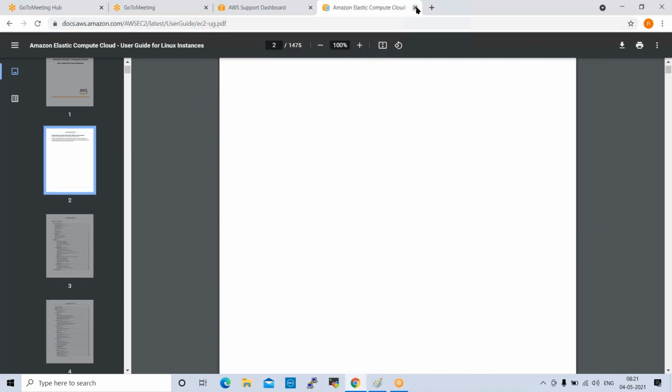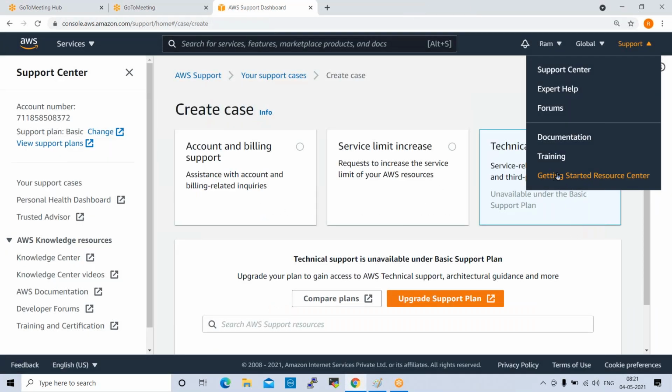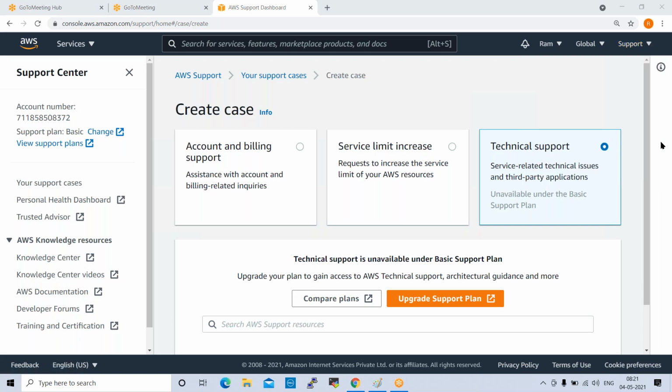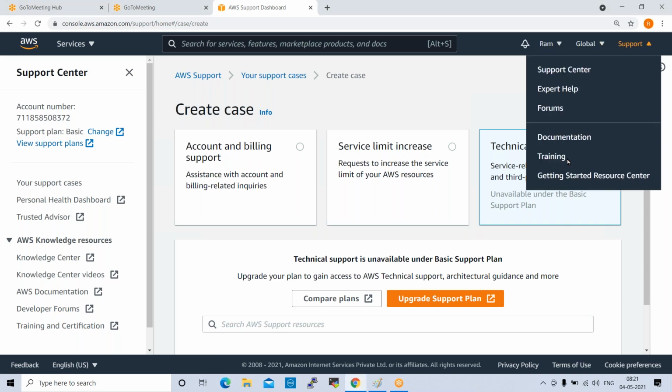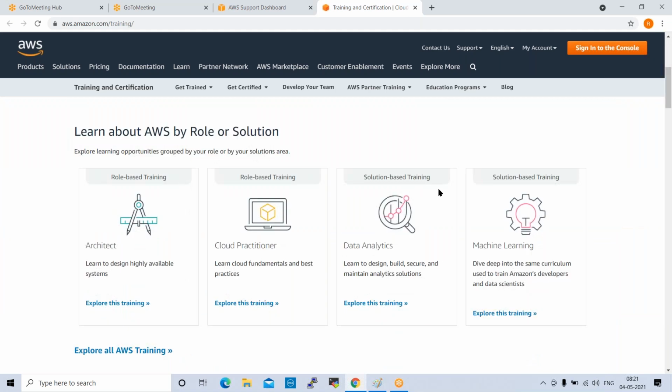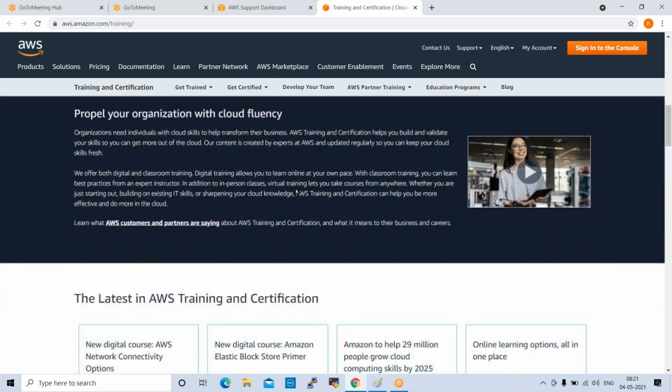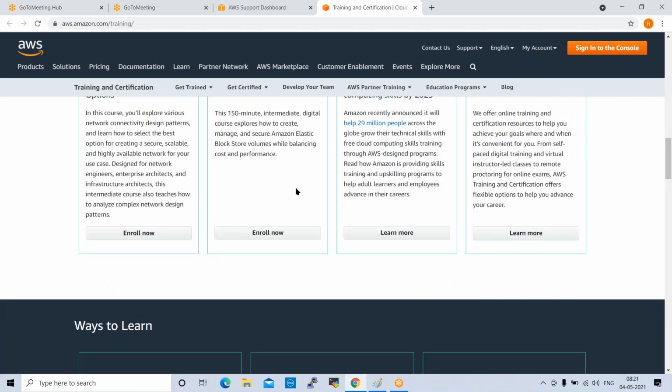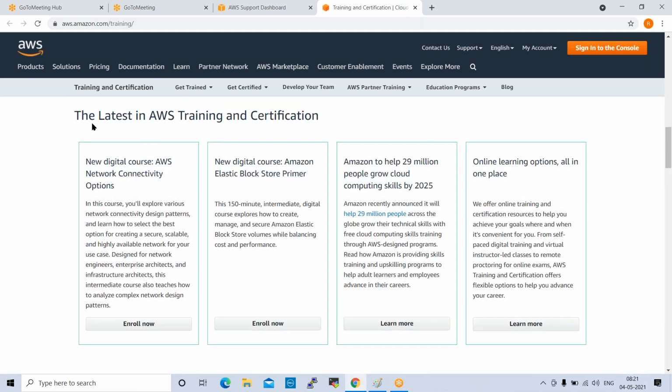Next one is training. Training is also important here. Sometimes AWS will provide free trainings. Okay, any time a new service is launched, they will provide free trainings. If you click on this training and go down here, these are the latest in AWS training and certification.